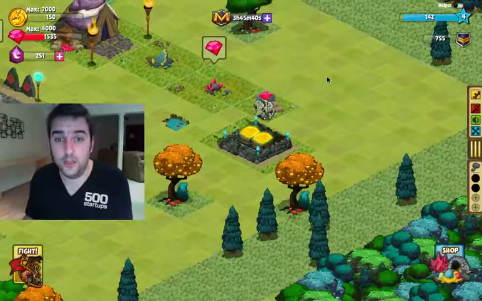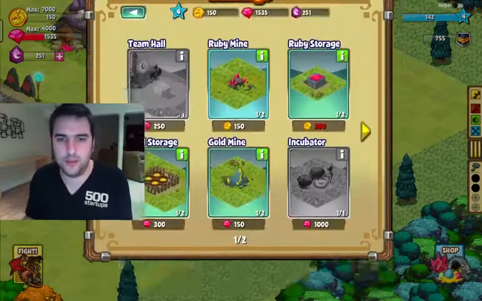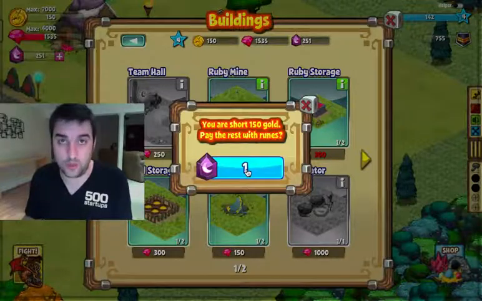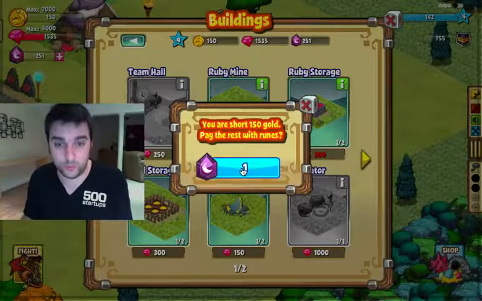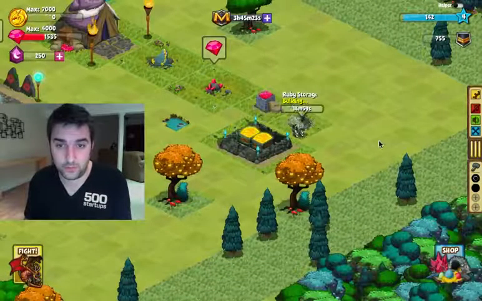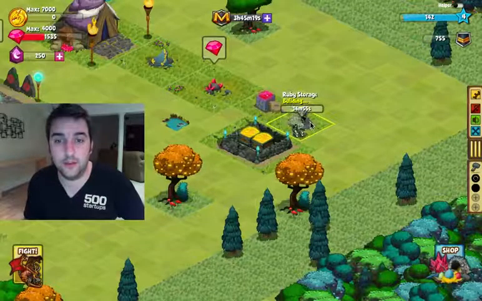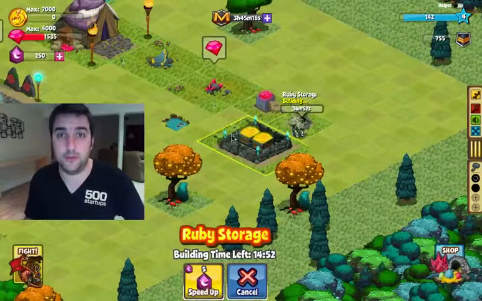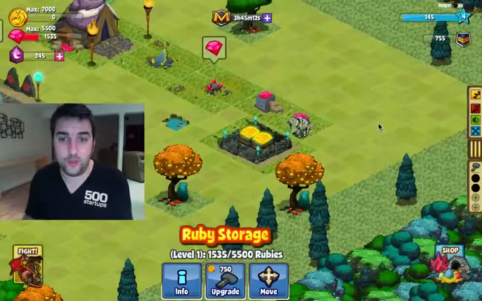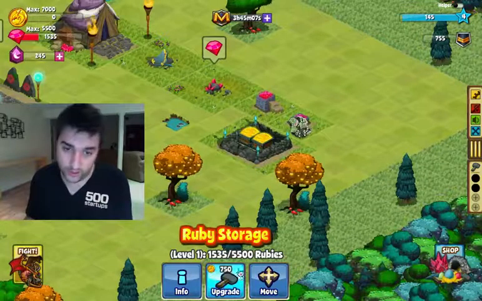So I'm halfway there. So I will go ahead and use my runes to make the rest of the purchase. And so I'm going to buy this. I'm short 150 gold. I'll pay the rest with runes. Okay, awesome. Now I have another ruby storage building that's ready to be built. It takes a little bit of time to build that ruby storage. Let's speed that up. And now I have 2 ruby storages, and you'll notice now my max capacity is 5,500